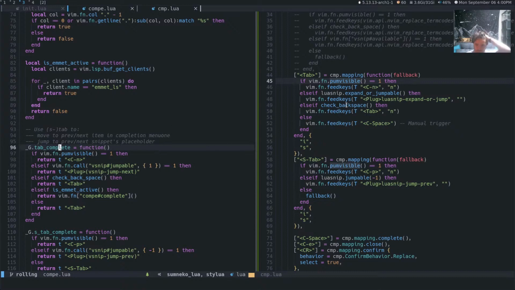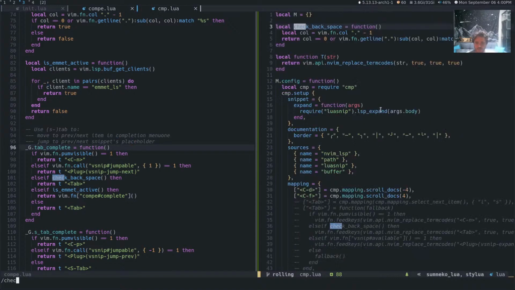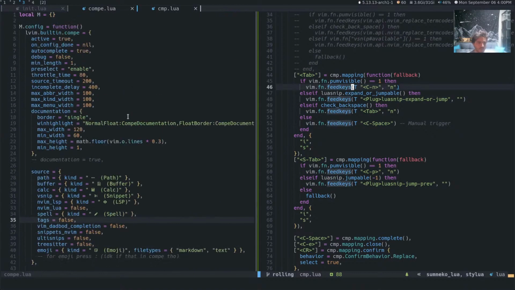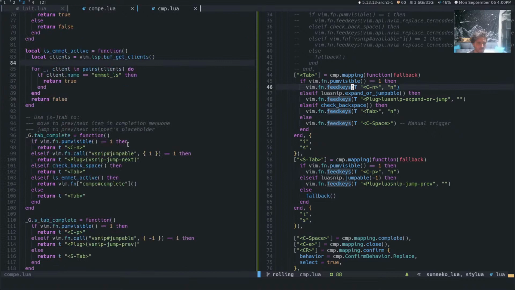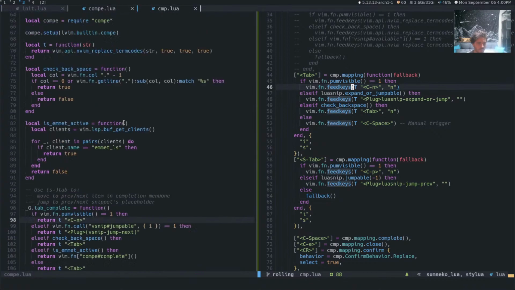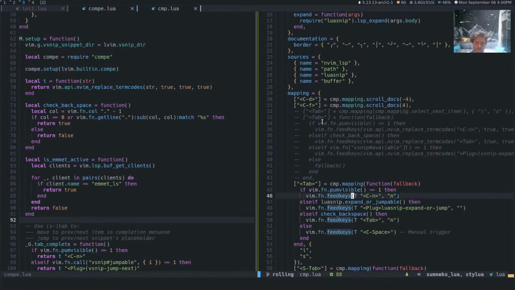Now I have a check backspace thing there. Where check backspace here is, where's check backspace? There it goes. And so check backspace, my old way is that.